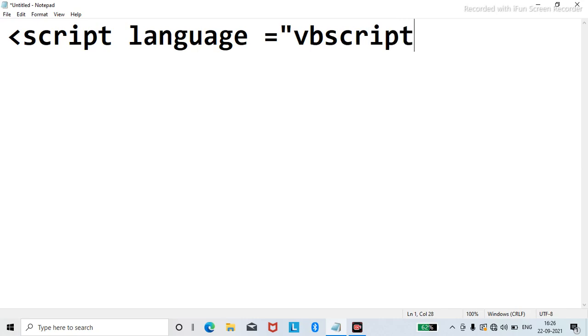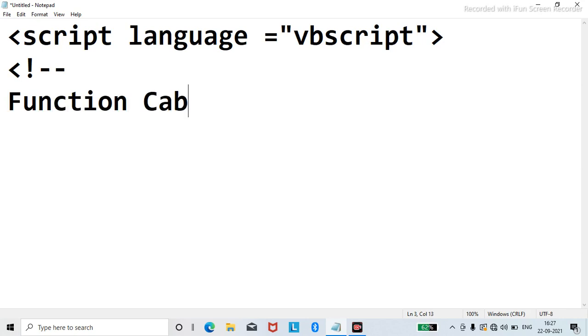Okay, after that I will double click over here, close it, then downside this, and then hyphen I will use function. I will use function CanDeliver. Function CanDeliver under bracket dt,